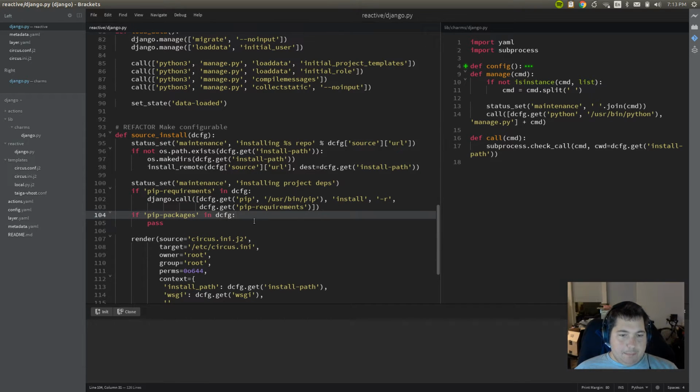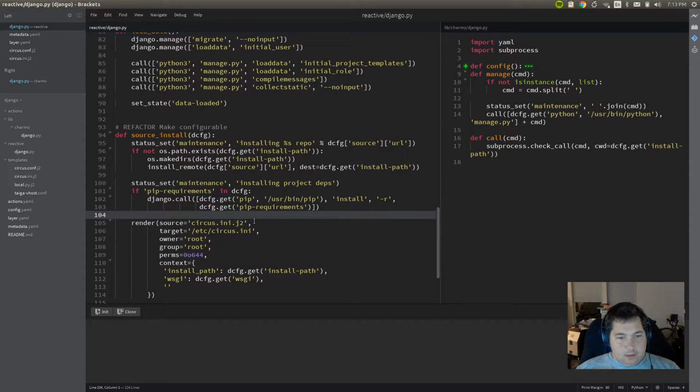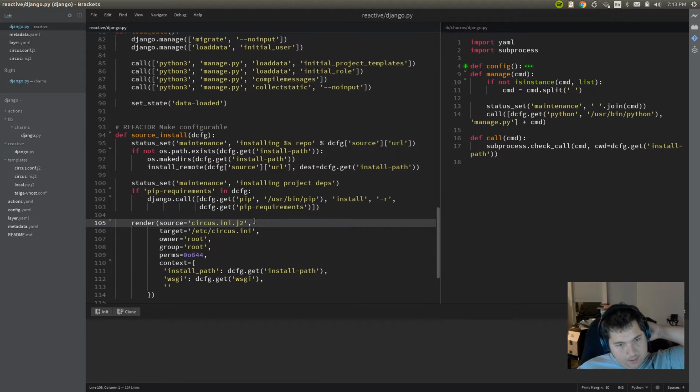And we're not doing pick packages yet. I may actually just remove that altogether. I don't have a support for it yet. And then we render the circus file, and the circus ini file